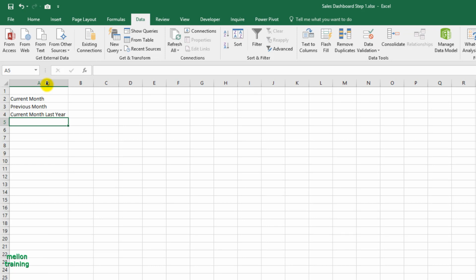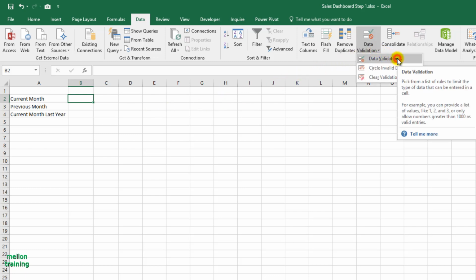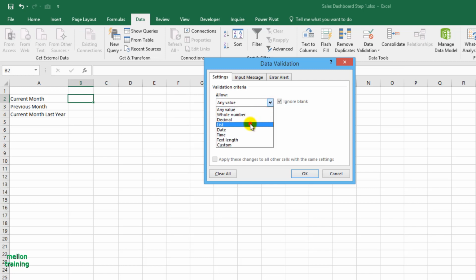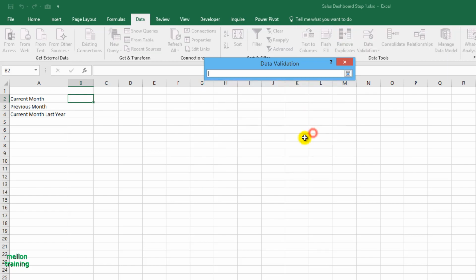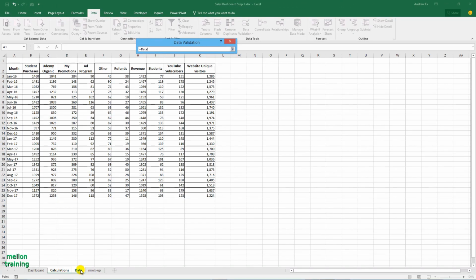We will add a dynamic drop-down list to filter our month. I want to do this so I can test my calculations later. When I start to design the dashboard, the drop-down list will be added to the Dashboard worksheet. I will use data validation to do that. Go to the Data tab, Data Validation button, and from this dialog box select List. Remember, we want to choose only months from year 2017. From Source, go to the Data sheet and select these cells, which are the months from January to December of year 2017.